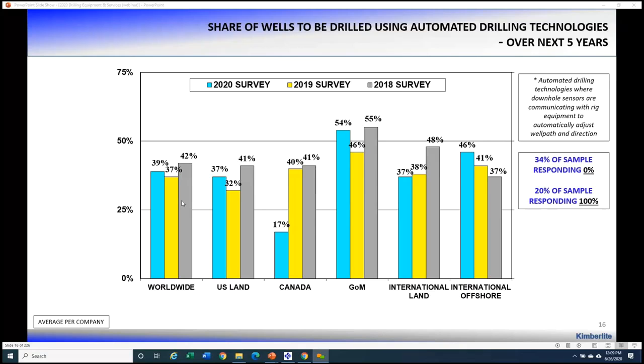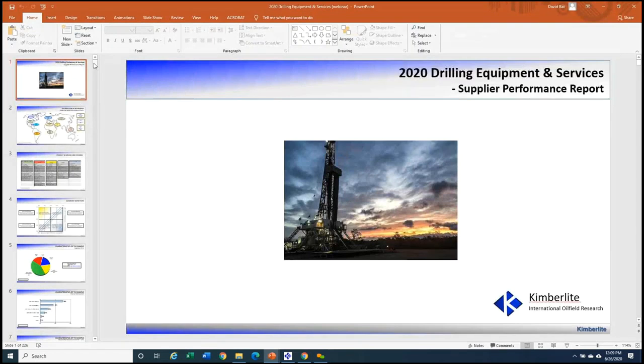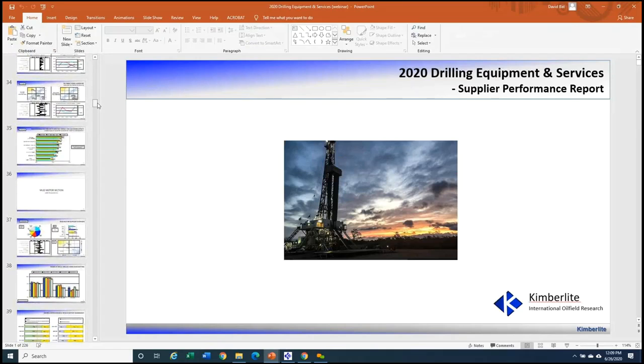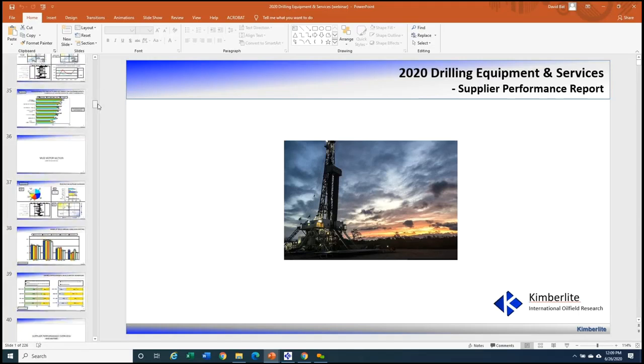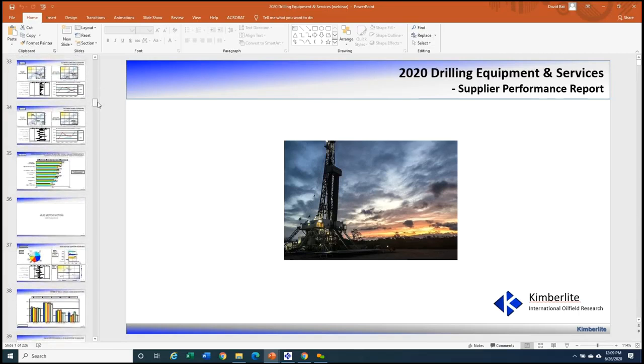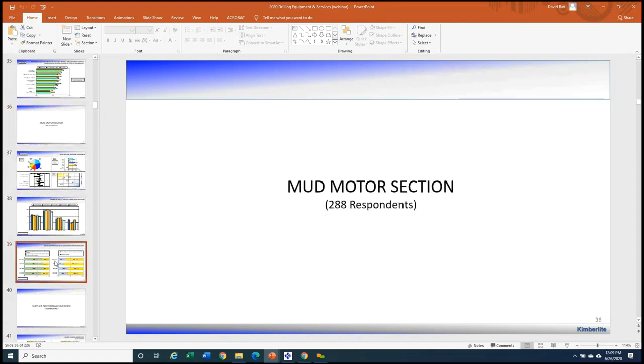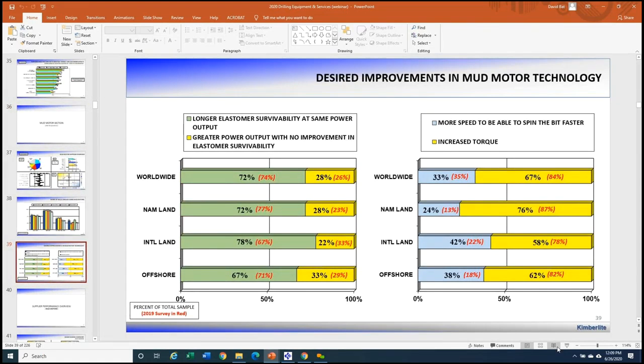I'm going to shift gears here on you just a little bit for this report, and I'm going to dive straight into the mud motor section of this particular report. When we go to the downhole mud motors, one of the first things that you'll notice when you evaluate the downhole mud motor market is you'll begin to realize in downhole mud motors that some of the